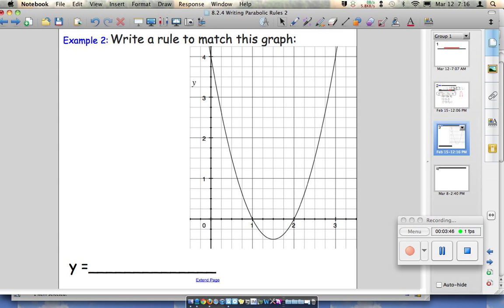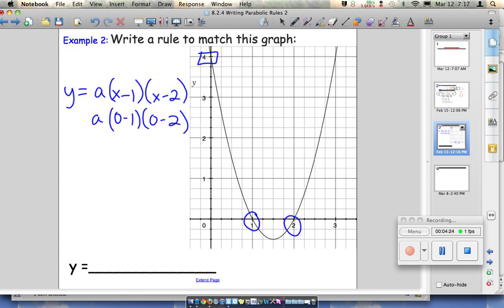So now we're going to write a rule to match this graph. So we always start with our intercepts. But now what we want to do is make sure that we know what the a value is. We might have a number out in front. So let's see, our intercepts are at 1 and 2. So that means my factors will be x minus 1 and x minus 2, because that would make them 0. Now I plug in one more point, and I'm still going to plug in my y-intercept, because I can tell that it goes through at 4. So when I plug in 0, I should get 4. So when I plug in 0 for x,